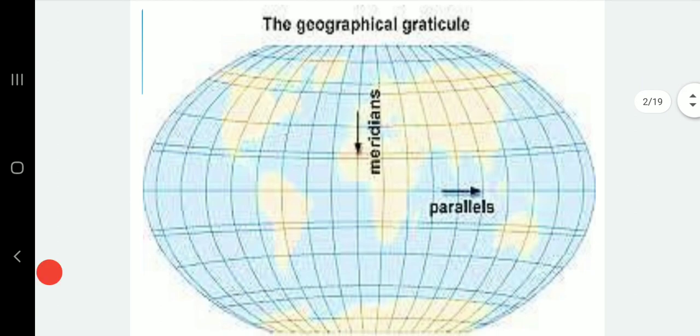See this. While seeing this, you know that the horizontal lines and the vertical lines are called, on the earth, and they are imaginary, right? Now tell me, what is the horizontal line? It has been called parallels, and the vertical lines meridians. Okay,